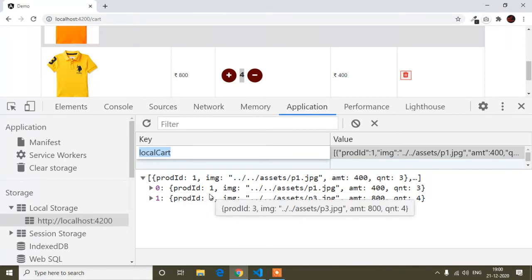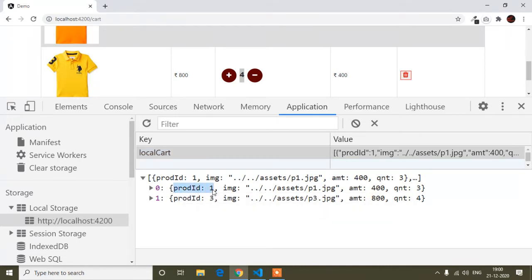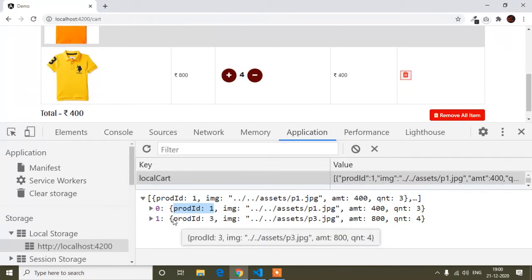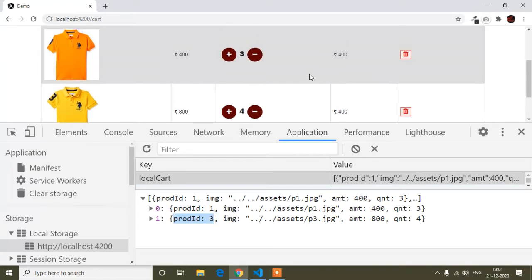So I will check whether this product ID, which I have stored in the local storage, and the one which I click are the same or not. That means guys, first of all, in the local storage I have stored product ID 1, I mean the first product, and here you can see two products in the local storage, product ID 1 and product ID 3.